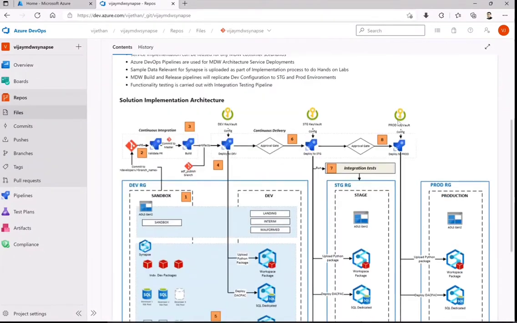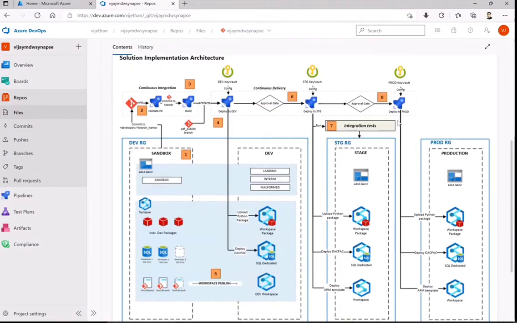Now, from an architecture perspective, just look at the stages we have. If I have to categorize, what are the components I will need? First of all, I need a repository, which you can see here, where we do the commit. This is where I store things as code, which I can refer to or use for my Azure DevOps automation.